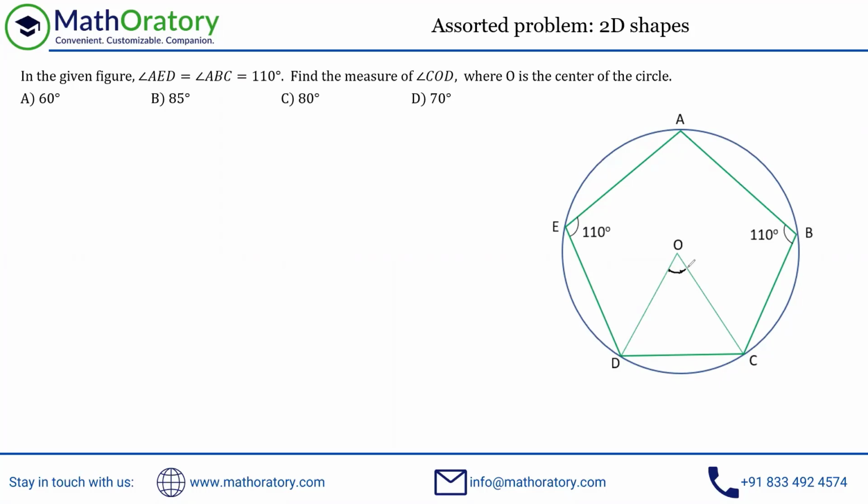Now, I'll be frank with you. Whenever I have these types of questions, there's a circle and that sort of thing. Whenever the angle at the center is asked for, and it is mentioned that O is the center of the circle, my immediate thinking is: what will be the angle CAD? If I can figure out CAD, then twice that will be the angle COD, right? That will be my immediate thought anytime I look at these kinds of questions. So I am concerned with CAD. Now the question is how do I figure it out, right?